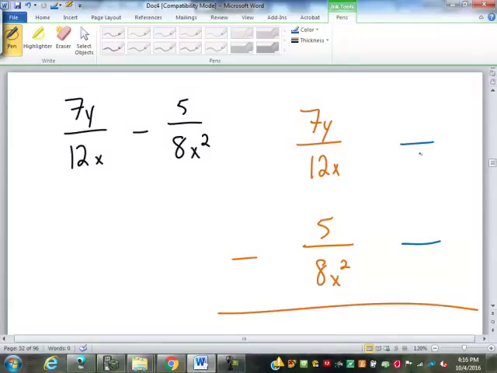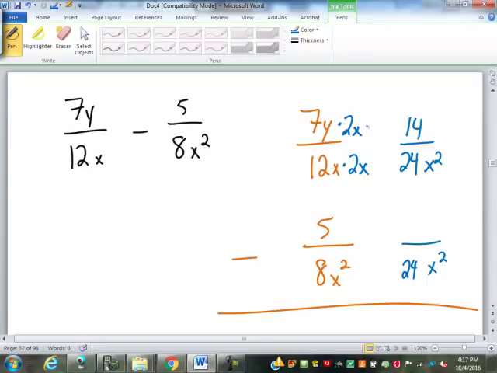So, common denominator will be x squared for the variable, yep. How about for the number, for 12 and 8? 24. Good. Obviously, we changed 12 to 24. We multiplied by what? Times 2, and we have to change the x to x squared, so we have to multiply by x. So 7y is also multiplied by 2x to give us